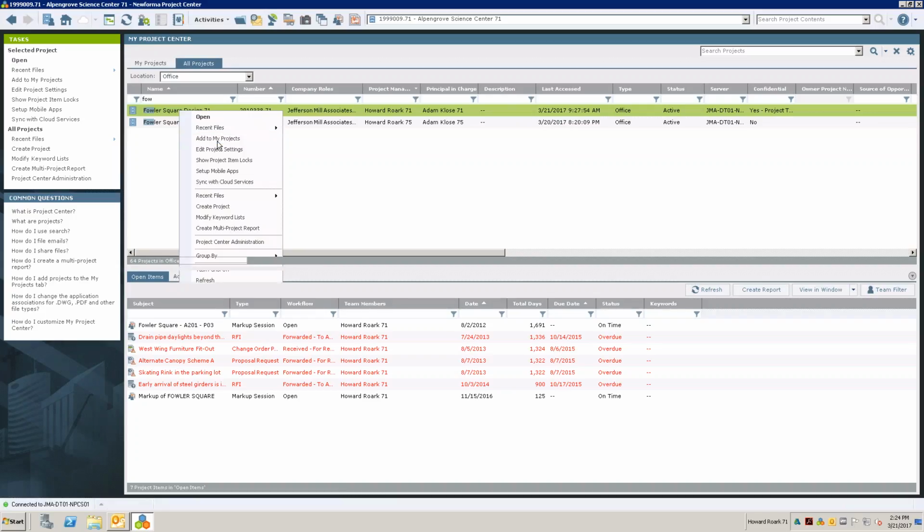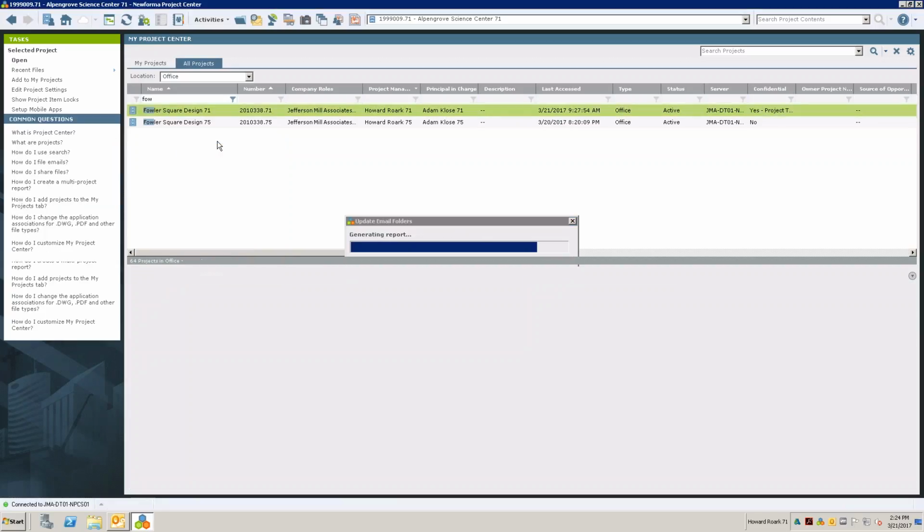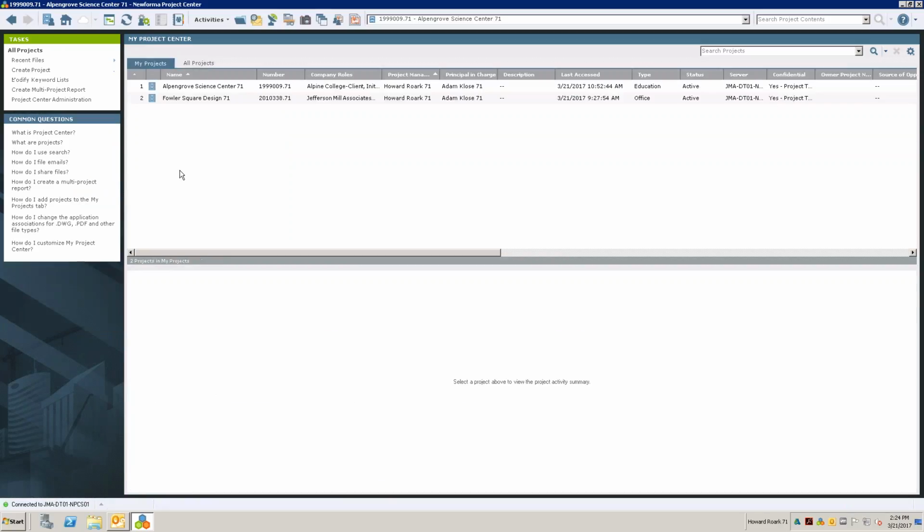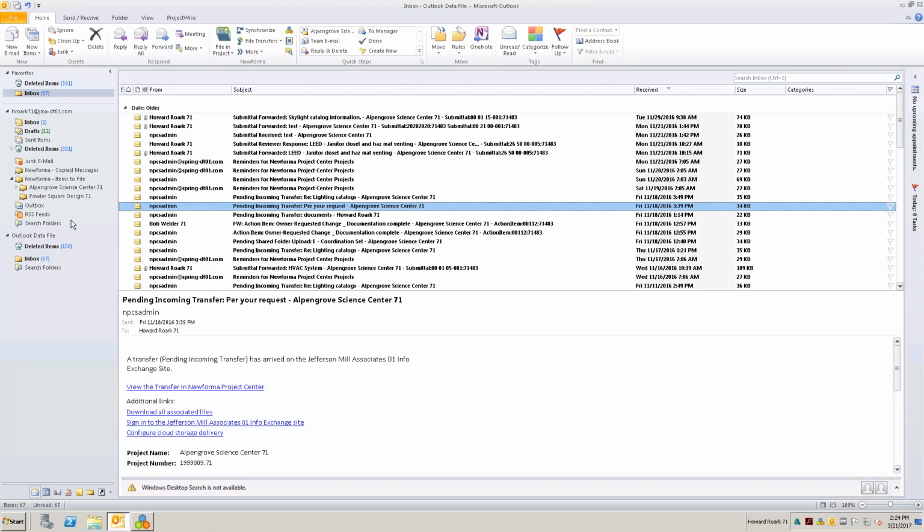So I'm just going to say Add to My Projects, and I'm going to get a pop-up. It's going to tell me that it's adding the folder to Outlook. And if I come over to the My Projects tab, here it is. And if I come over to Outlook, I have a header called Newforma Items to File, and I have 2 folders under the Newforma Items to File,